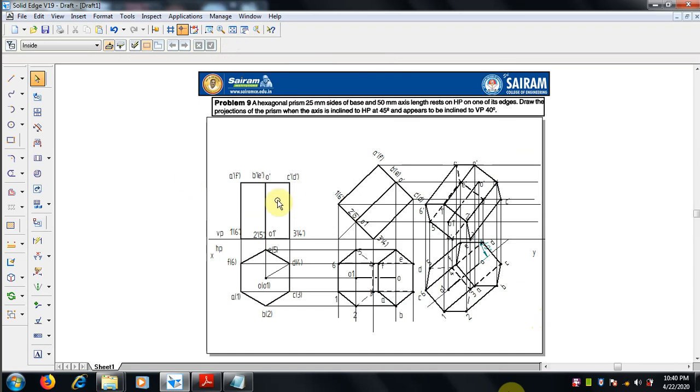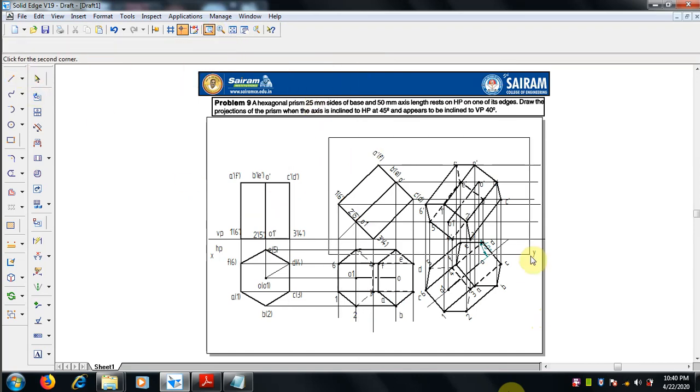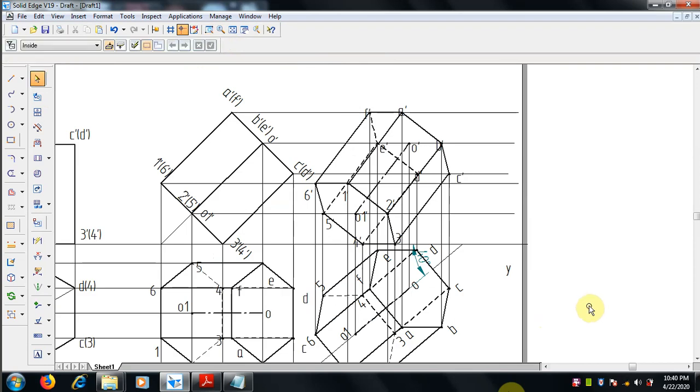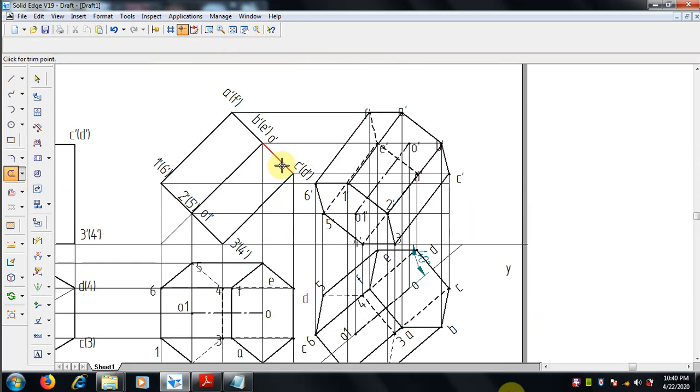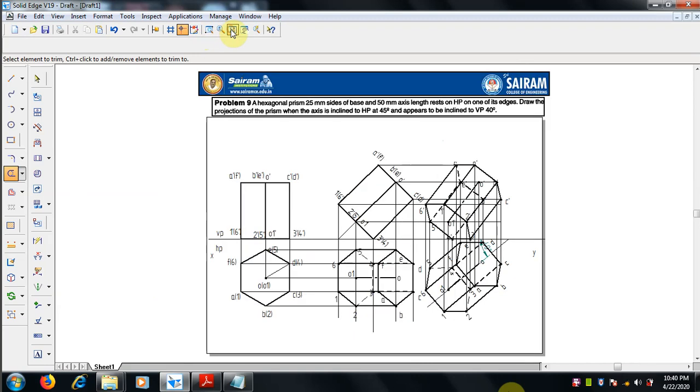So the view, let me check with this, final thing is what we have to see. The angles and the unwanted portion should be trimmed off. In this view, whatever unwanted lines there are, you can trim them off.